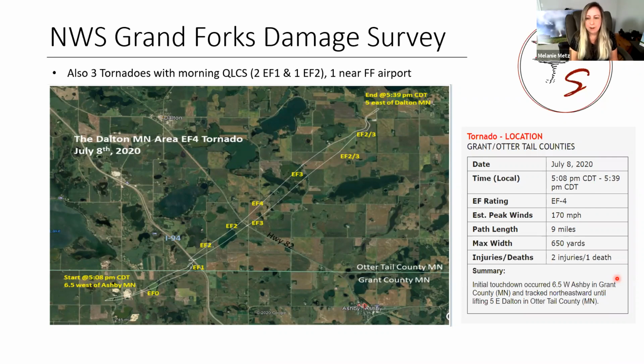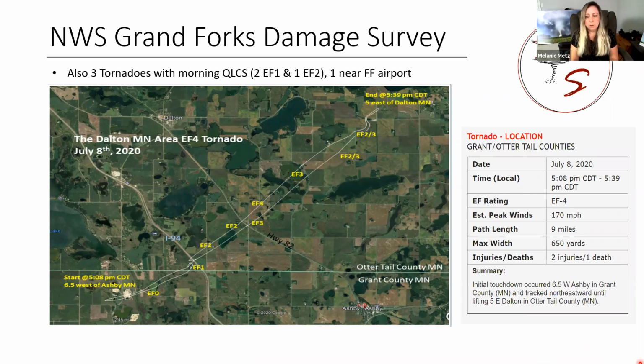This tornado was on the ground for 9 miles and 31 minutes, from 5:08 p.m. until 5:39 p.m. And at its strongest point, it was rated an EF4 tornado with winds up to about 170 miles per hour. And at the max width, it was only 650 yards, which, as Jessica mentioned, was what we'd call a drill bit tornado much of the time. Just really strong wind speeds, but in a real narrow vortex. So sometimes we call that, in the chasing world, a drill bit tornado.